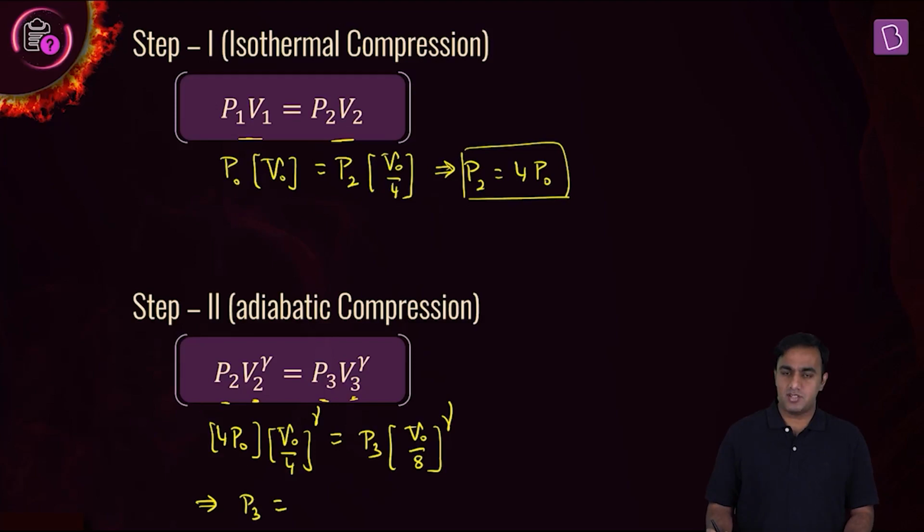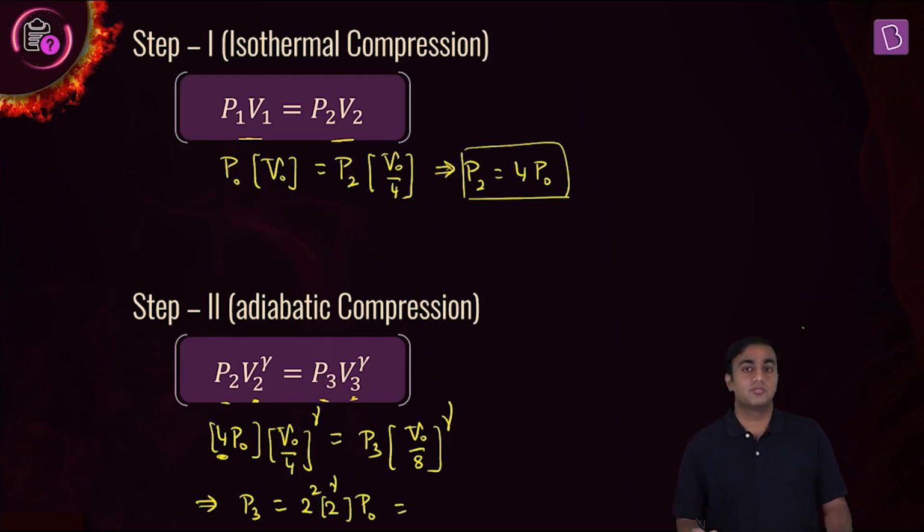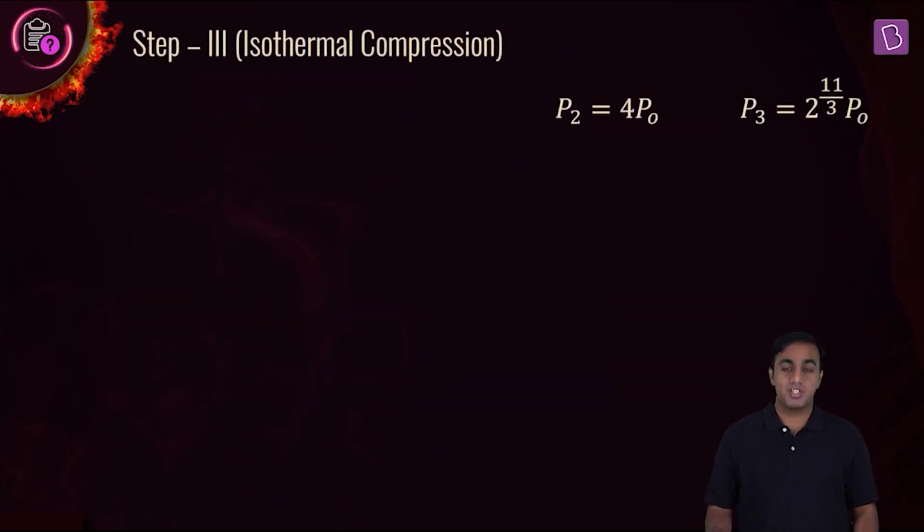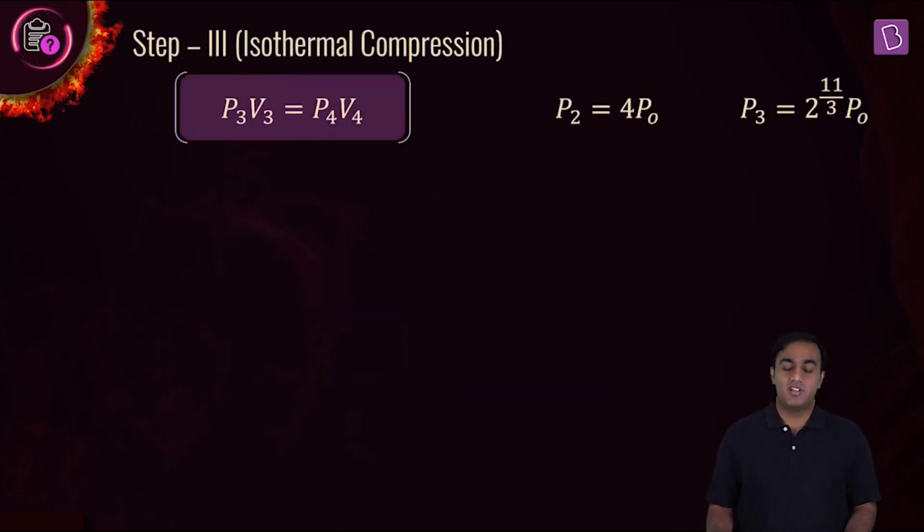You will see that it turns out to be 2 to the power 2 into, after simplification, 2 to the power gamma, that into P naught. But then again, gamma is given to us, it is 5 by 3. Upon simplification, we get 2 to the power 11 by 3 P naught to be the pressure at the end of this adiabatic compression. Now, for the last process, which is slow compression, we have isothermal process law applicable